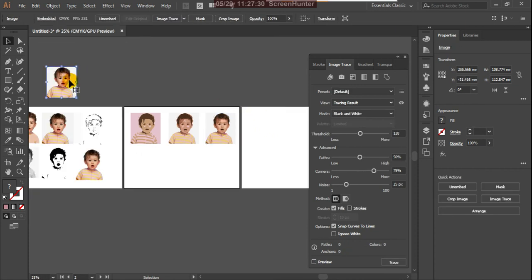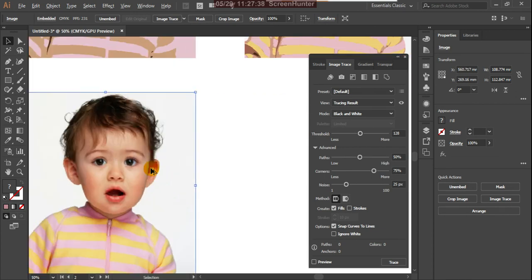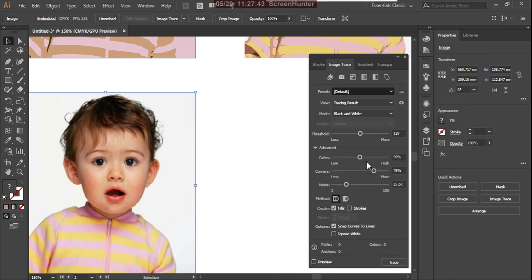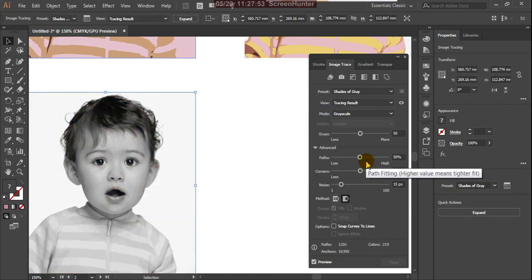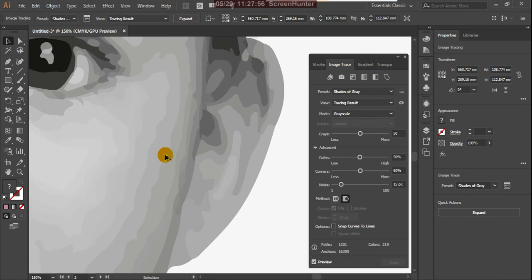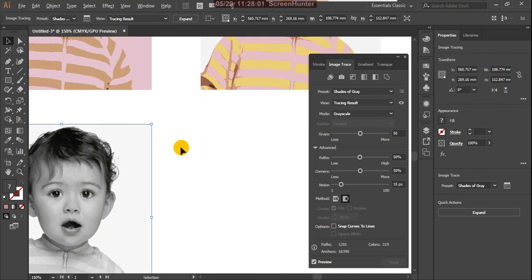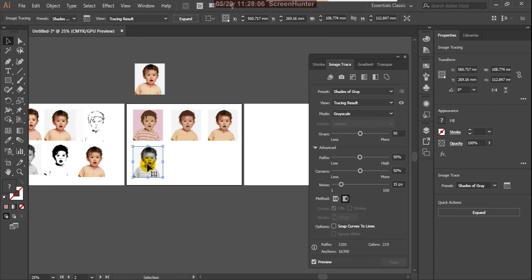Okay, and in the same way we'll take another one, shades of gray. Here we are using all the shades of gray. So the gradientness, shades of gray, we already used the same thing here, both are the same. I'm just deleting.